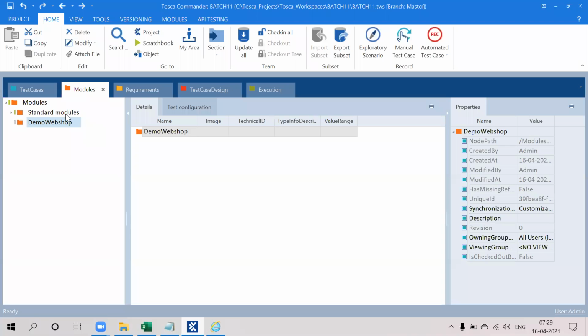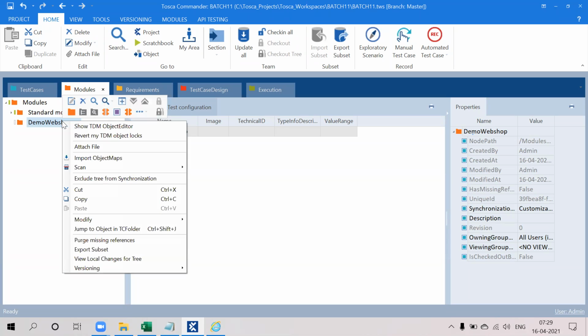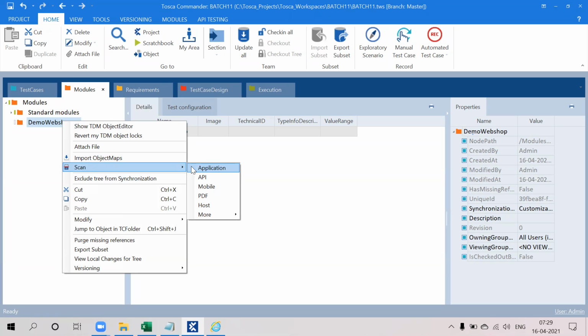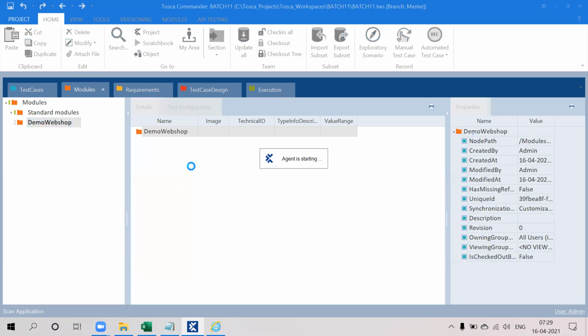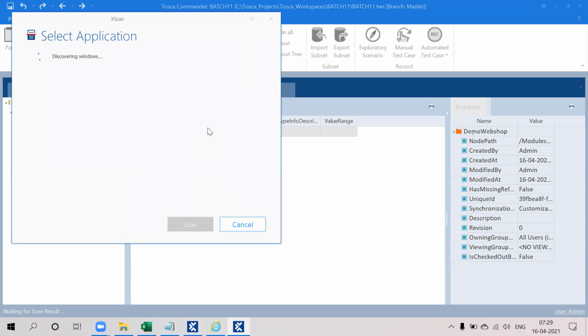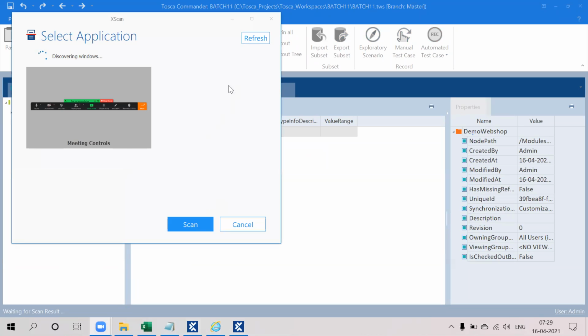Right click the folder you have created and click on scan, then you see the applications. Once you click on applications, whatever applications are open on my desktop will be identified in the Xscan window.